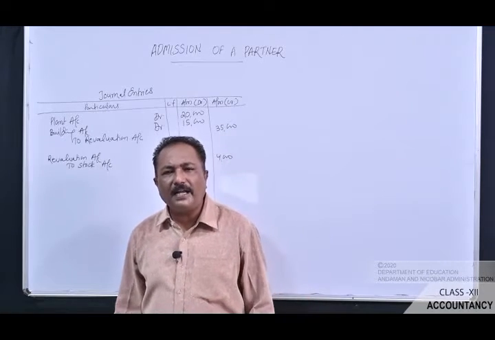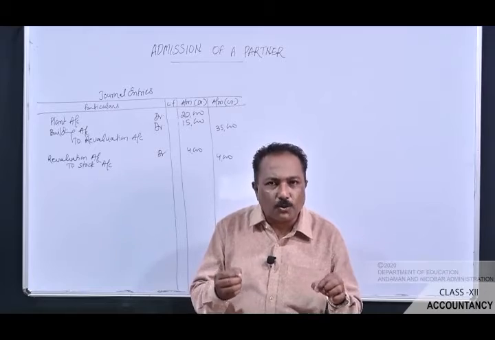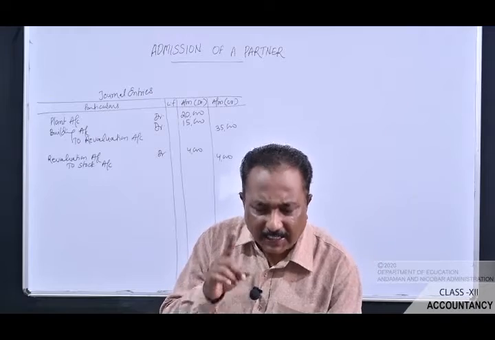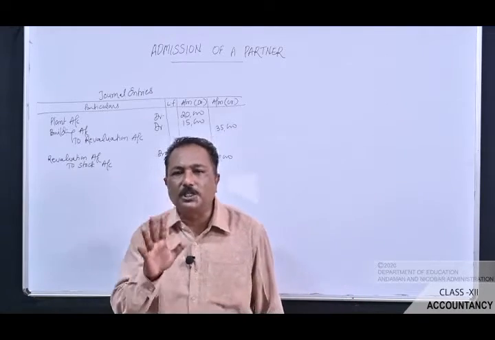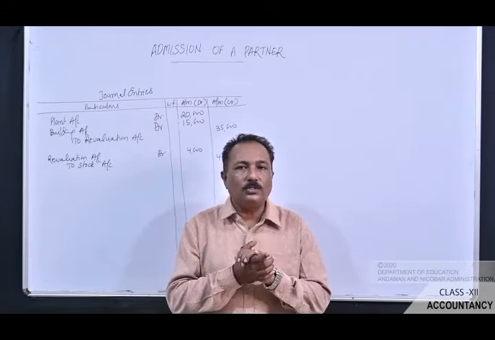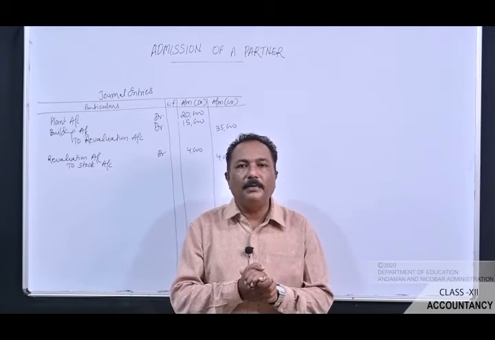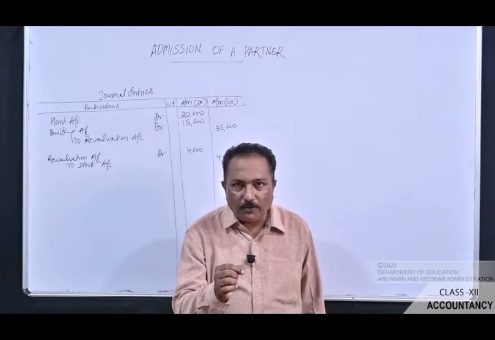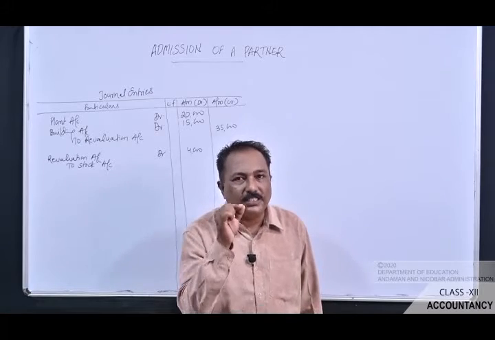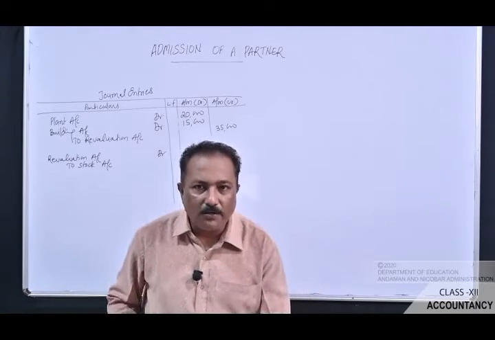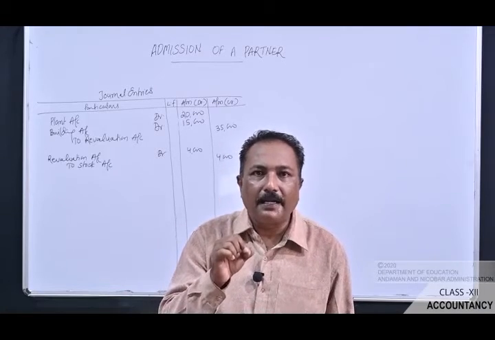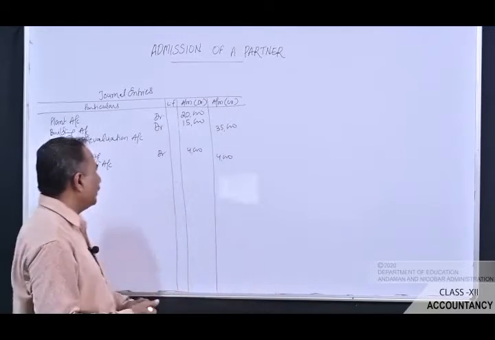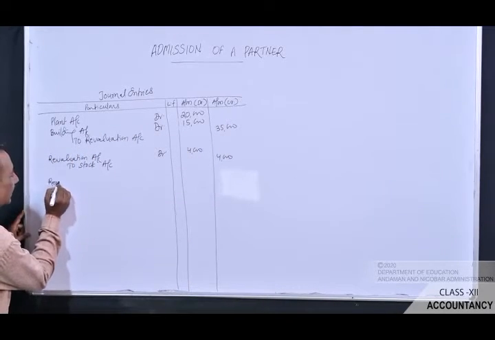What is this provisions for bad and doubtful debt? Provisions for bad and doubtful debt refers to likely losses. Now see, what is the old value of the debtor given in the old balance sheet? It is rupees 60,000. Out of this 60,000, there is a possibility of likely losses to an extent of 5%. Now you will have to create a provisions for doubtful debt. Now when the value of provisions for doubtful debt is created, at that moment you will have to credit that particular item. At that moment the general entry will be revaluation